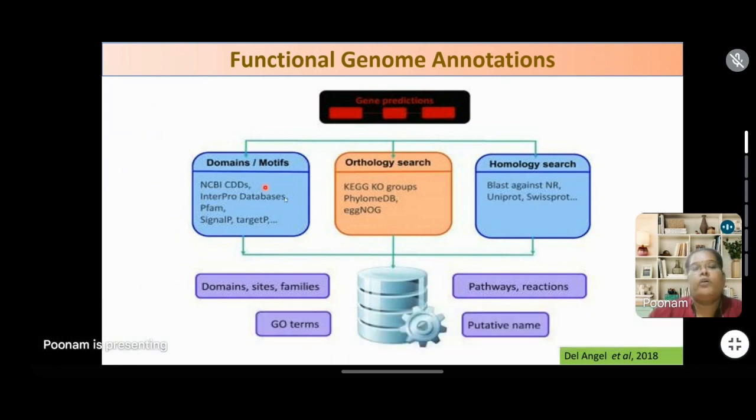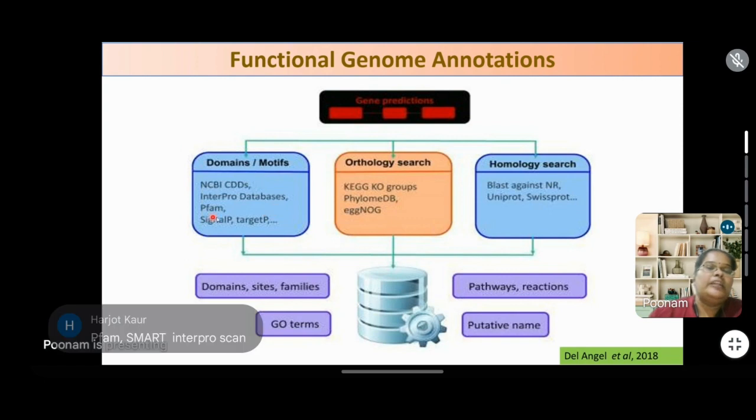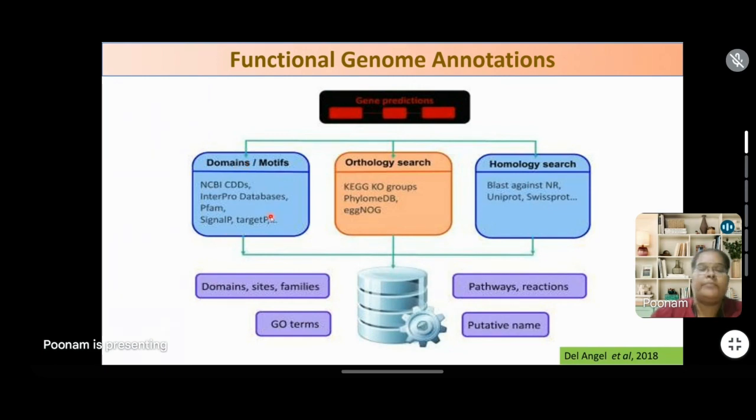Some of them give domain specific information, from the NCBI, which has the Conserved Domain Database, and the InterPro database from the EMBL European labs. Then the family database Pfam gives you an idea whether the DNA encoding the protein has any kind of protein superfamily structure, or is in the form of a different domain or a motif which is present there. Then you have the signal or target peptide. Then you can study